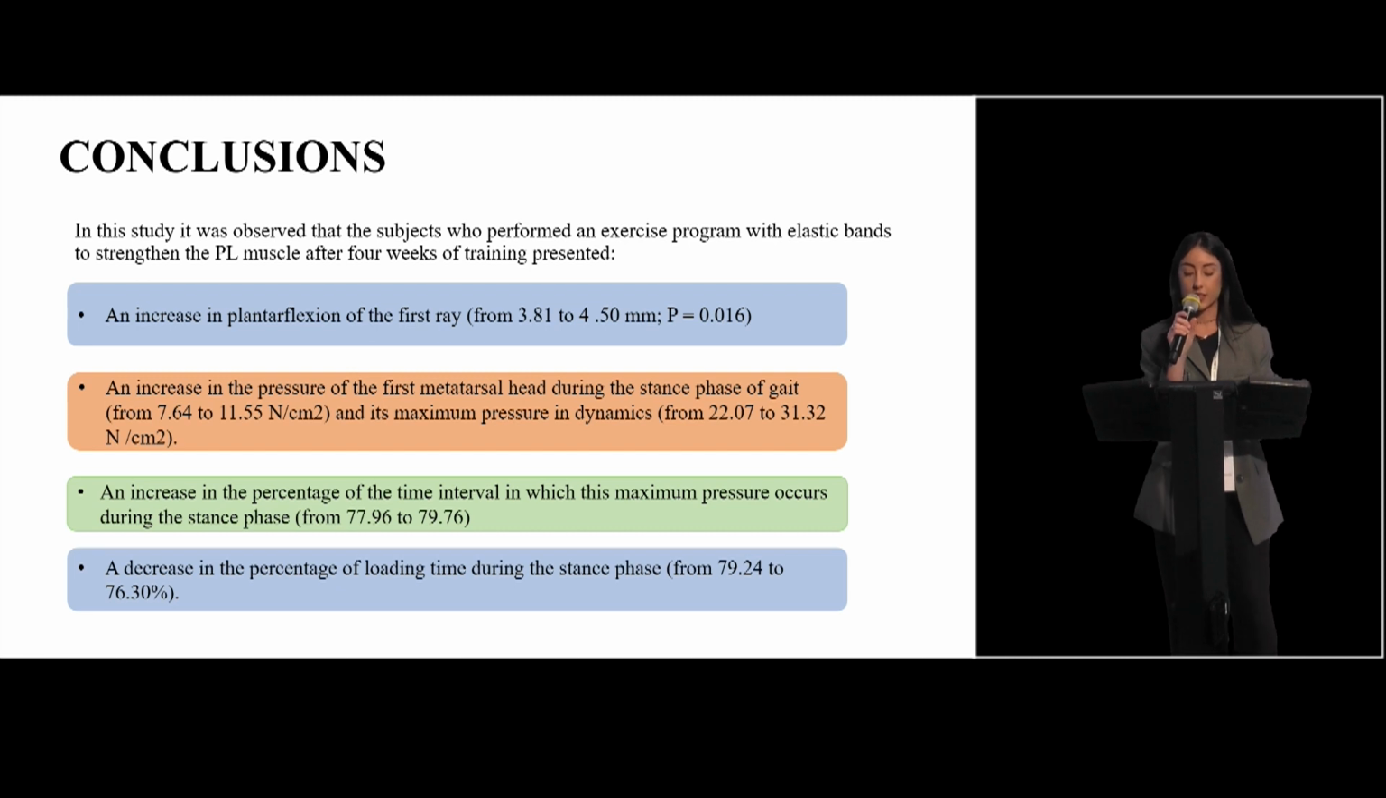Conclusions. In this study, it was observed that the subjects who performed an exercise program with elastic bands to strengthen the PL muscle after 4 weeks of training presented: 1. An increase in plantar flexion of the first ray with 30.69 millimeters of improvement more or less. 2. An increase in the pressure of the first metatarsal head during the stance phase of the gait, about 4 newtons